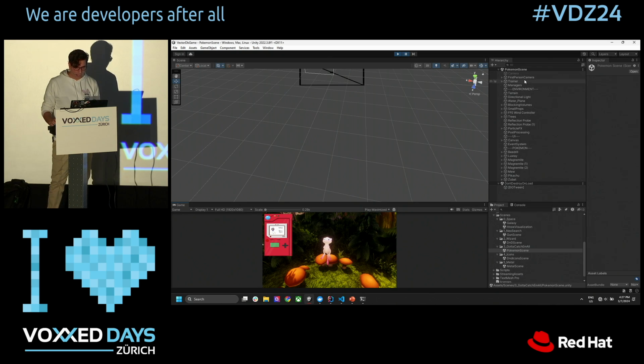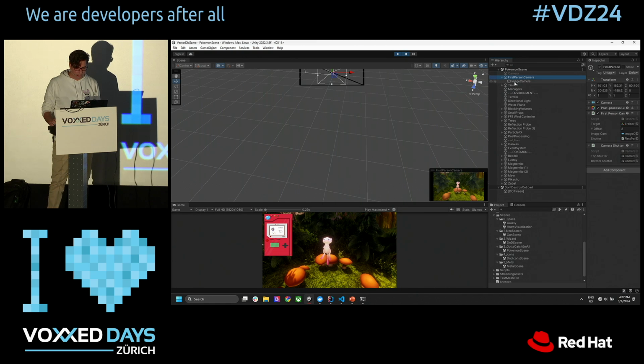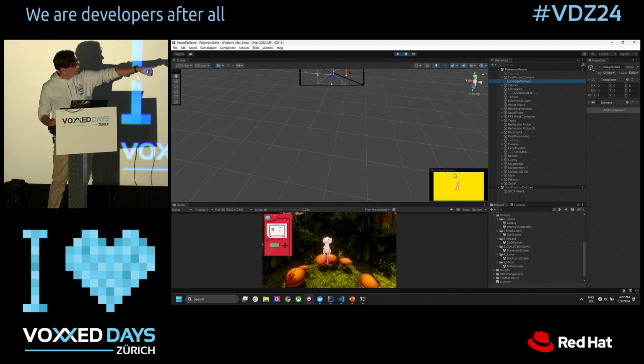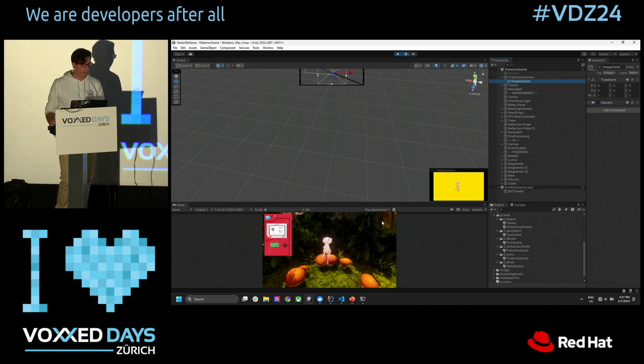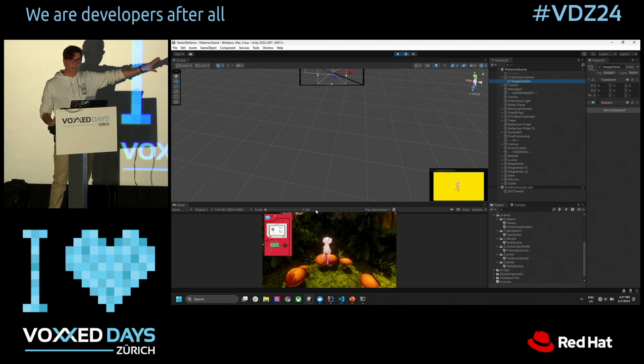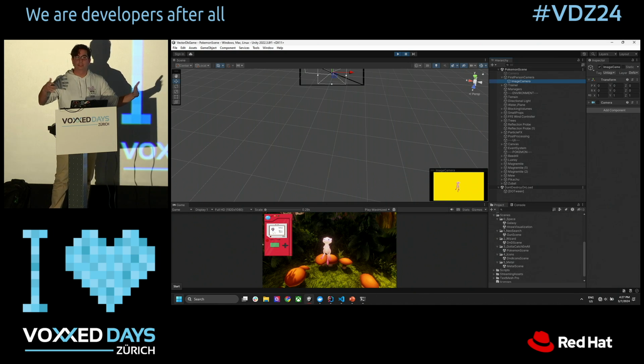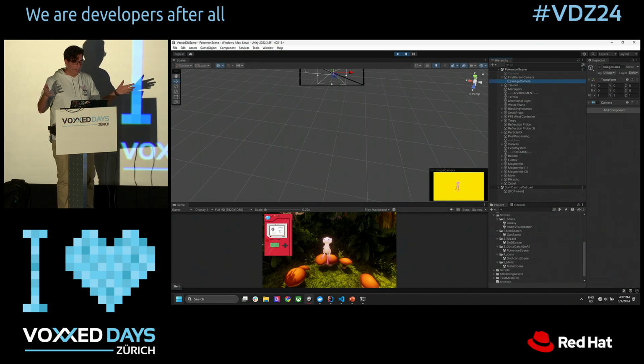So if you look at the camera, this on the bottom right, this is the camera I use to take the image of the Pokemon. And something weird is happening there, right? It's very yellow. And it's very Pikachu yellow. And I did that because the embedding model, how it works is, if it doesn't really understand the context of the image, which it doesn't, it's not trained to understand Pokemon, it will default to shapes and colors and things like that.